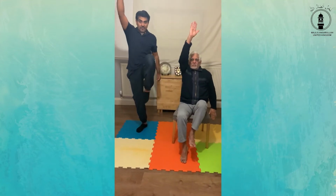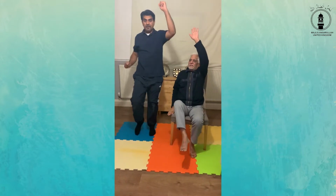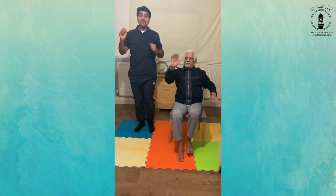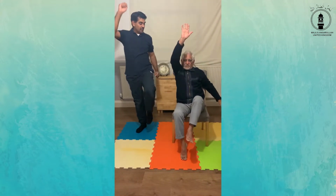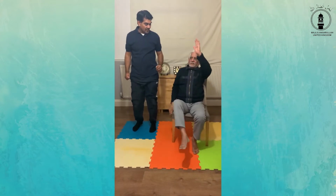Because it's the first time we're showing these exercises, we're only going to do them for a short period. But as we progress through the program and your body gets used to these exercises, then we'll be able to do these for a bit longer and build on it. So let's do these for 5,